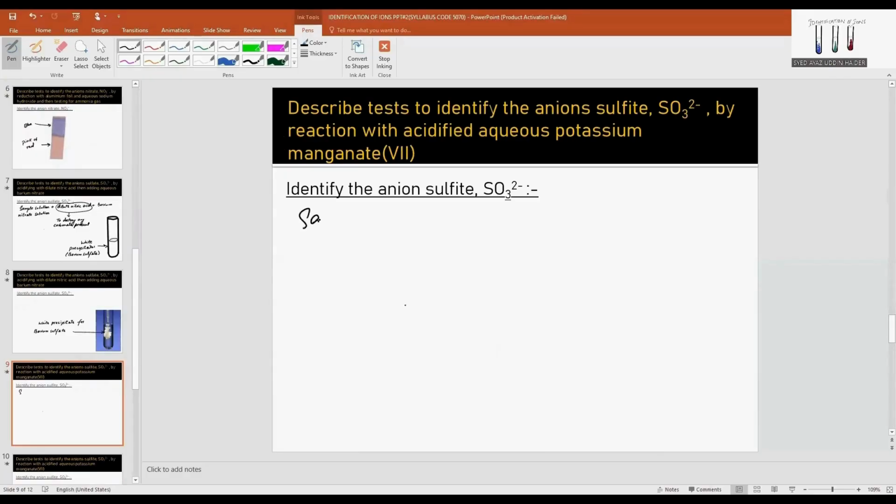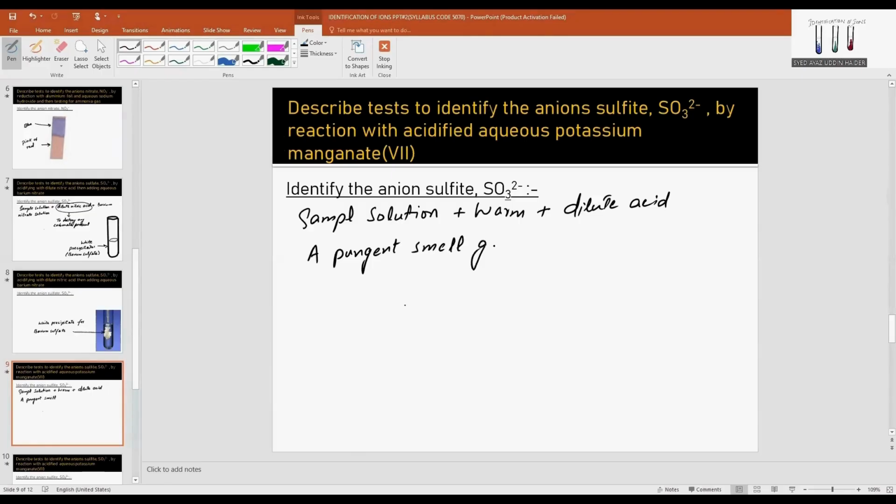Sample solution plus warm plus dilute acid. A pungent smell gas is released,